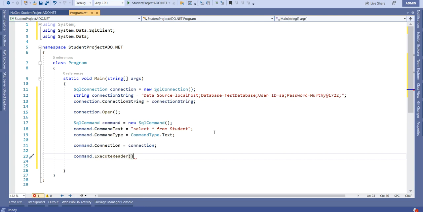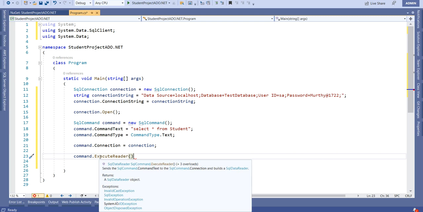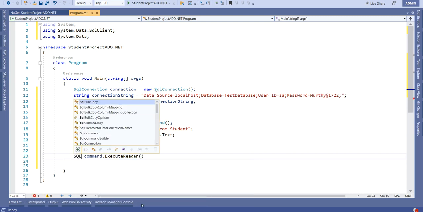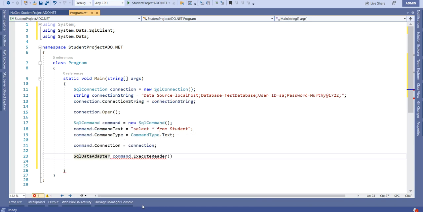What will this reader object return? It will return the SQL data reader object. So SQL data reader, not adapter, SQL data reader equal to.